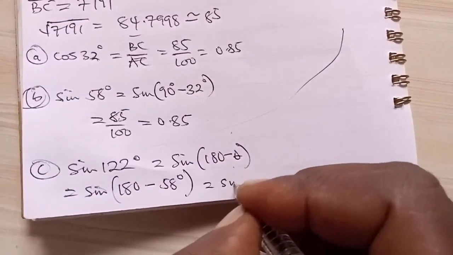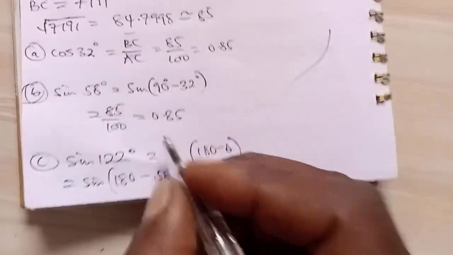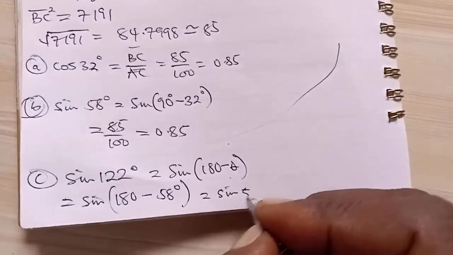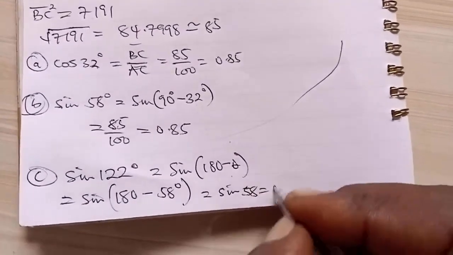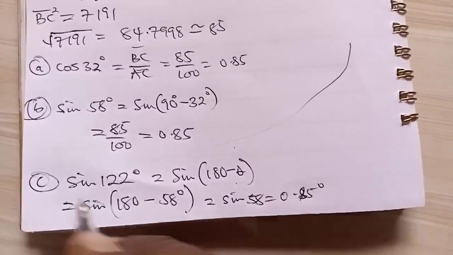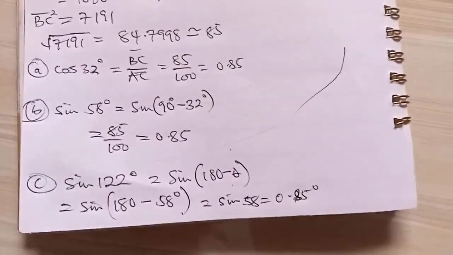Our sine 58 already is 0.85. So sine 122 is 0.85. The next